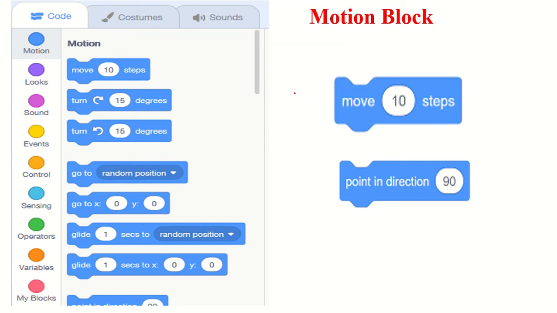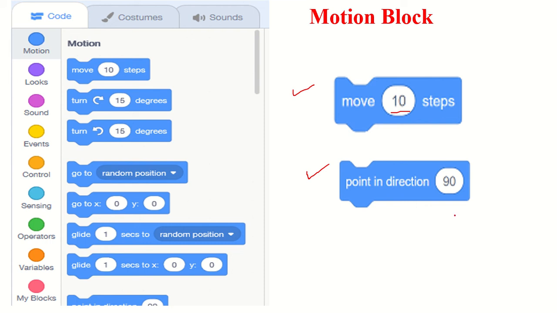So here we have done these instructions. The move instruction is used to move the sprite by the specified number of steps. Now here you can change this number also. Another instruction that we did from the motion block is point in direction. Again, this instruction is used to point the sprite in a particular direction.